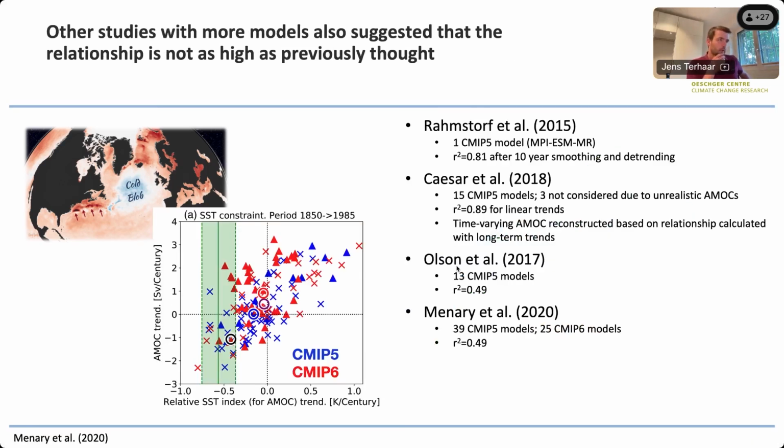And we are not the first ones who realized that the relationship is not as good as it seemed to be at the beginning. There's another study by Olsen that used 13 CMIP5 models. They find an R squared of 0.5, similar to what we find. And then there's a more exhaustive study by Minari et al. You can see this here, where they used 39 CMIP5 models and 25 CMIP6 models, also coming up with an